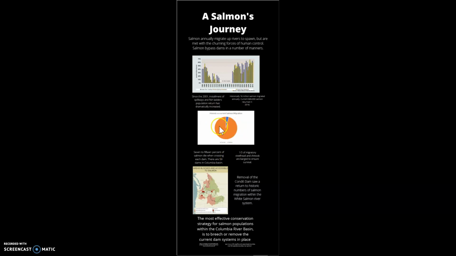This pie graph that I have is demonstrating the difference between historic and current salmon migration rates. So historically, there were 16 million salmon that would migrate annually in the Columbia Basin. Last year, we got 665,000. That is a stark difference. So I decided to emulate this change from such a large, massive migration to something much, much smaller